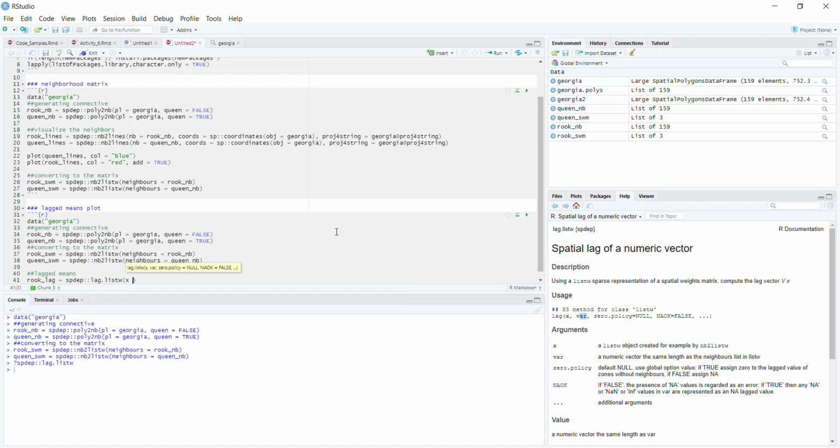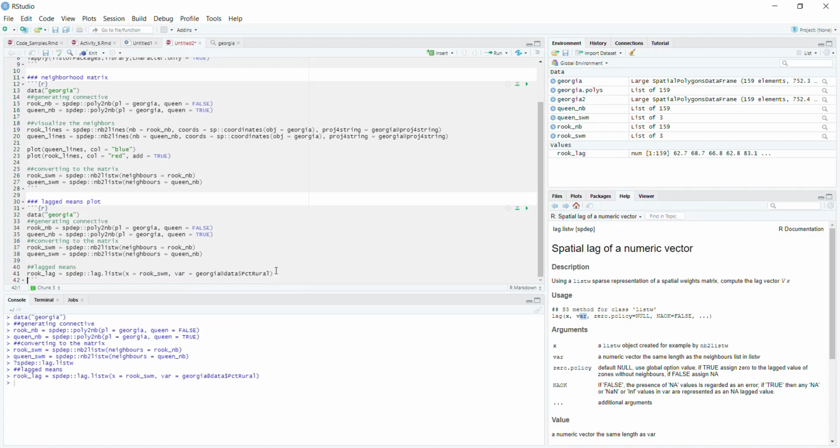So again, the x parameter is that spatial weights matrix, and we're going to use the rook case first. And then the var is going to be the variable that we're interested in. I'm going to be using the %rural from the Georgia dataset. So this is going to be Georgia@data$%rural. Okay. So if we run that,